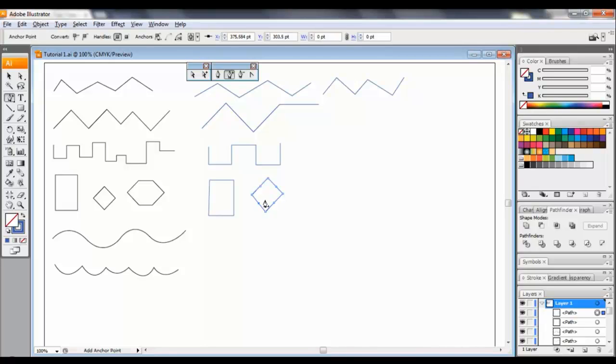And then you can also delete anchor points, of course, with the minus here. And then you can take away these ones, and it will be a similar shape to this one. We are going to go to the next shape,